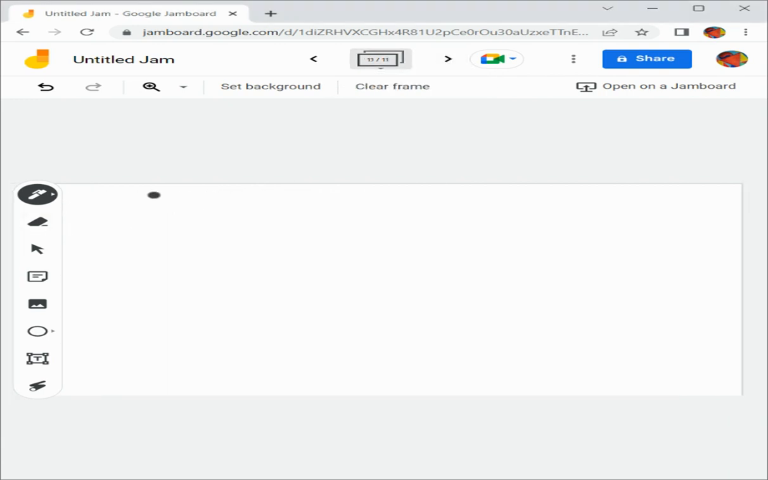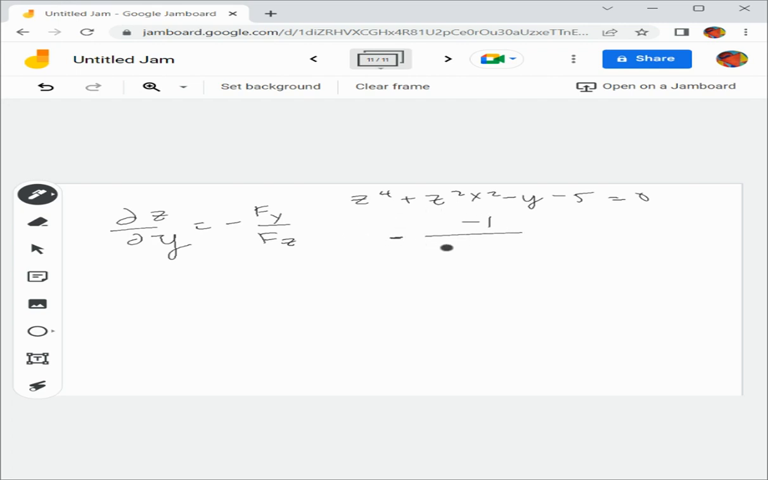Now we just need to figure out the last one, which is dz/dy equals negative fy over fz. We're gonna have a lot of time with this one. Not really. We just need to follow the rules. d2 x2 minus y minus 5 equals 0. We'll start with y. So y is -1 divided by a negative. Don't forget the negative. So 4x^3